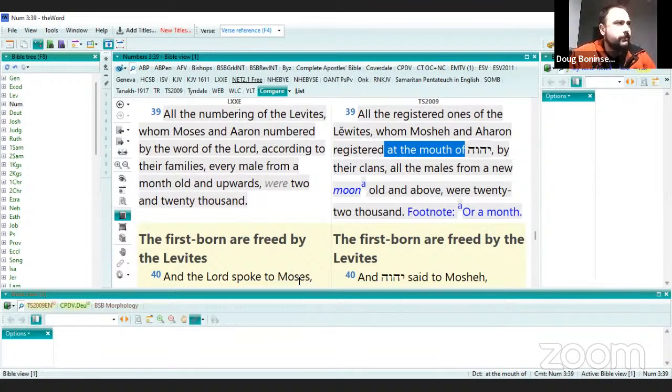What does yours say, Mom? The total number of Levites counted at Yahuwah's command by Moshe and Aaron according to the clans. Yeah. So to me, there seems to be a little subtle difference where the Masoretes are trying to make his